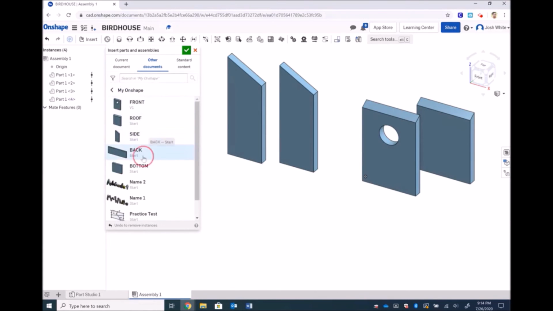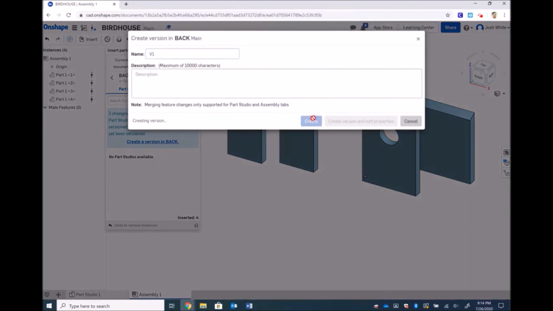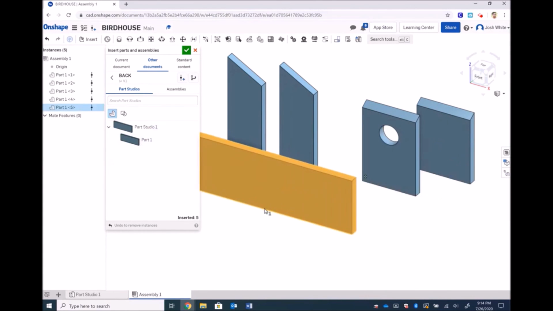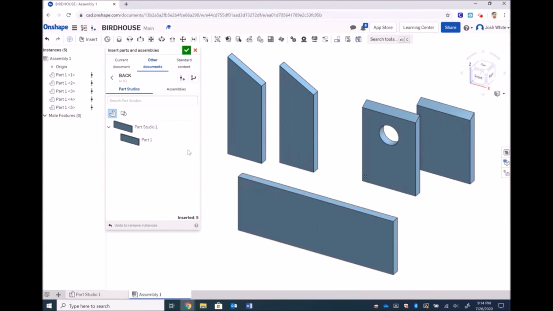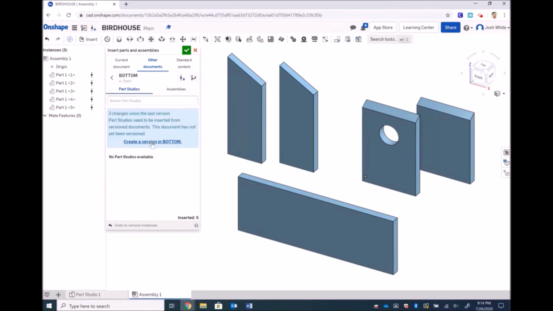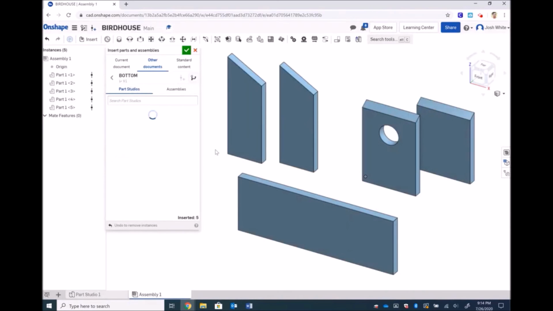We'll go back, we will add a back piece, creating a version and adding one back piece, and then we will add our bottom piece after creating the version for it. Now we have